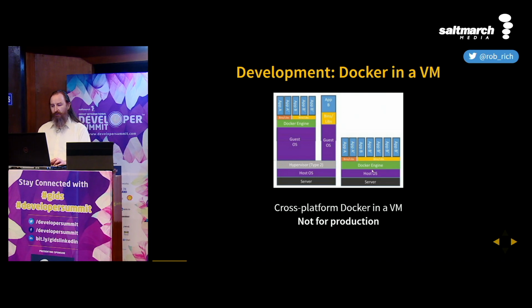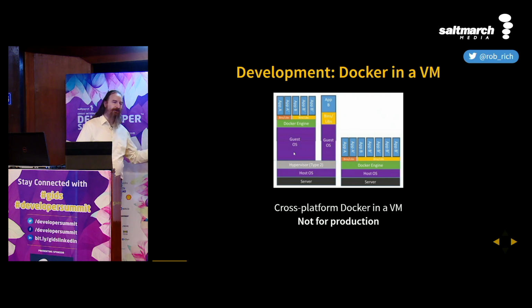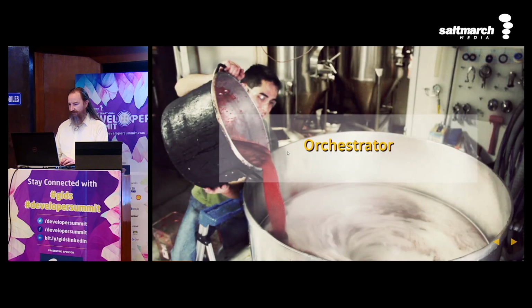In production, we definitely want to do it this way. We want to run as efficiently as possible, as close to the hardware as possible, because we get a whole lot more containers. But in development, yeah, we can still cheat and do this. The cool part is, if we're running Windows 10 or Windows 11, this layer right here can be WSL. So we just turn on WSL, then we install Docker Desktop, and it goes, hey, I've already got a Linux here. Can I use it? Yes. And now we've got the Docker engine running inside of WSL. Cool.